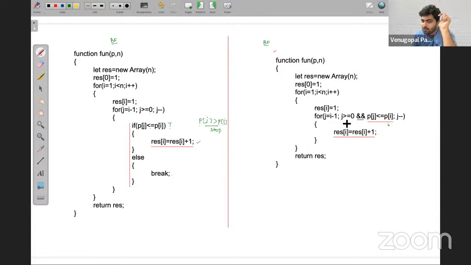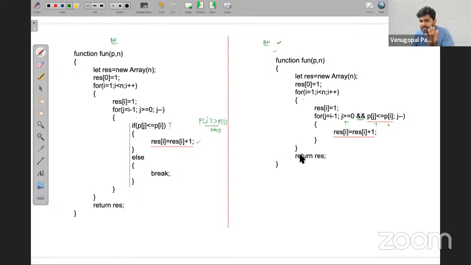Logical AND gives true if this is true and this is also true. For example, if J is pointing to a valid index but this condition fails, then no need to execute it. I hope you feel the beauty of this right-hand side code. Both are correct, but some beauty we have added here. Anyhow, time complexity of both approaches will be order of n square only.